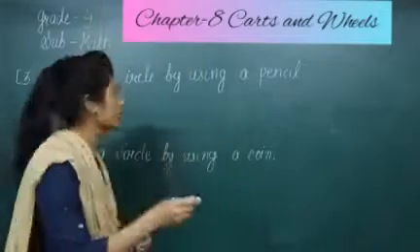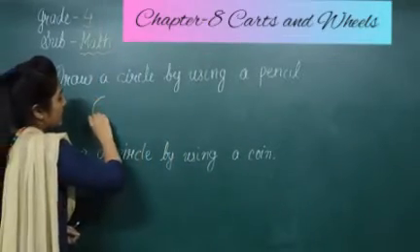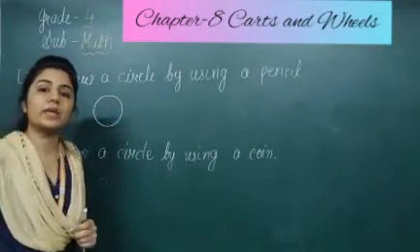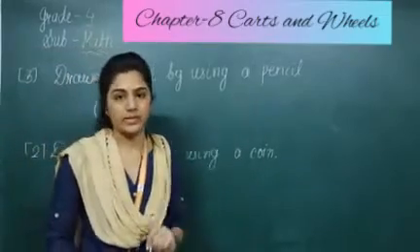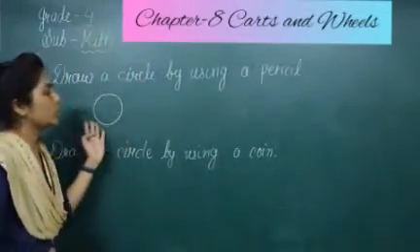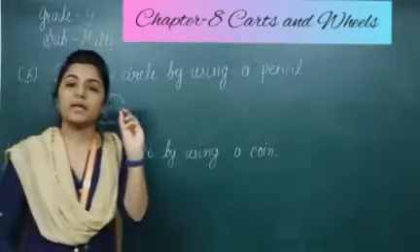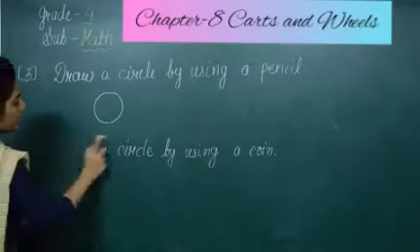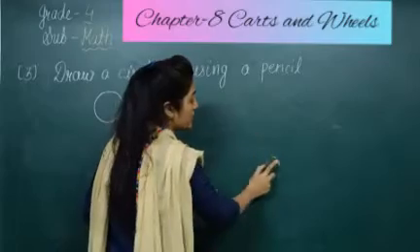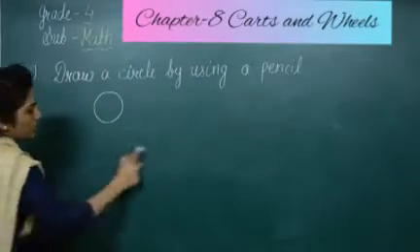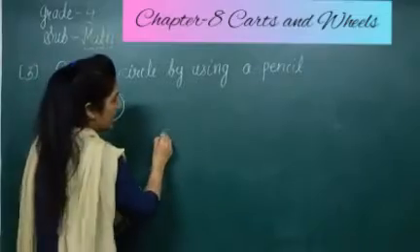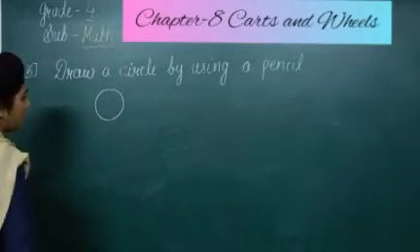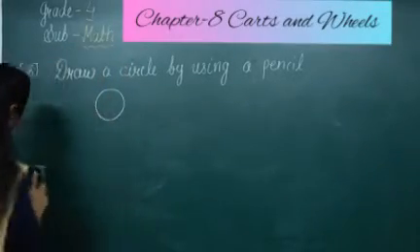But I am using chalk here. So I am showing you directly with the free hand. We can draw a circle like this way. But what you have to imagine right now is that I am using a pencil, right? You can draw the circle like this way with the help of a pencil in your notebook. So it is very easy. But the thing you need to take care of is that the circle should be round, because you can't draw like this way. This is wrong. You can't draw a circle shape like this. So with a free hand you can draw like this way, right?